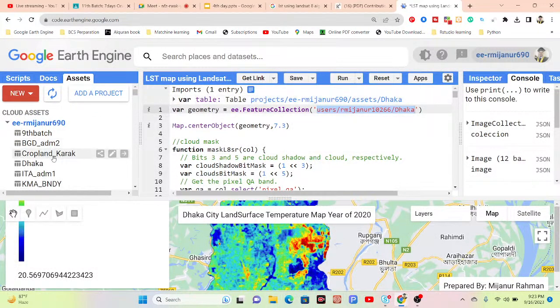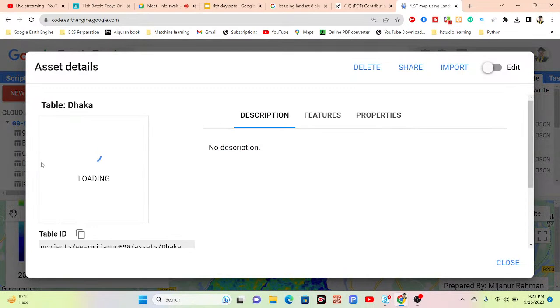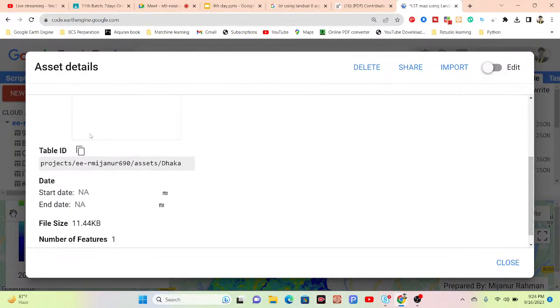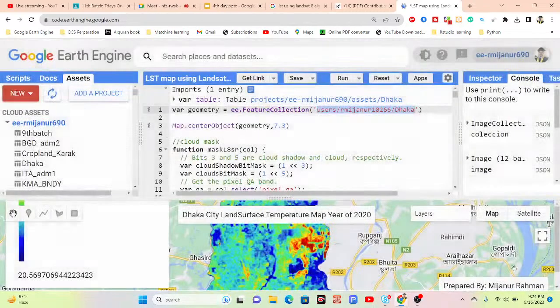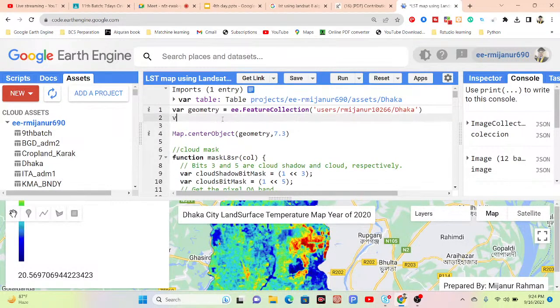Okay. Another way is that simply click on here, and then it also provides the ID. You can see the table ID. Just simply copy the table ID, and then you can take any variable name. Suppose I put the variable name as ROI, and then use here the e.feature